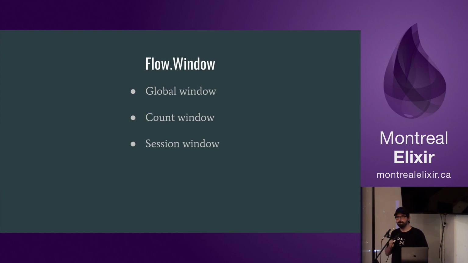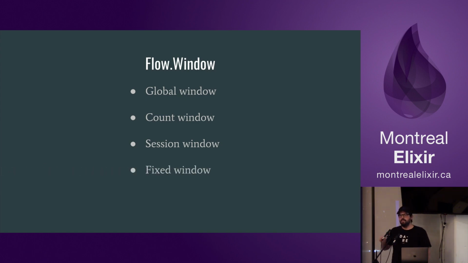Is there a timeout function, or is that something you should include in a session calculation method? There are ways inside Elixir Flow to say, that's the maximum that I'm going to wait between one event and the other. So I have the sessions coming, events from the same session, and I'm going to say, if I receive one event and I don't receive another event for the same session for the next 3 minutes, then I'm going to close this session.